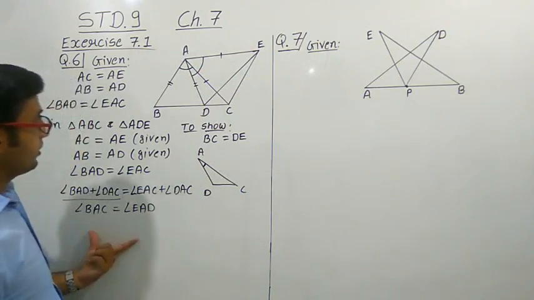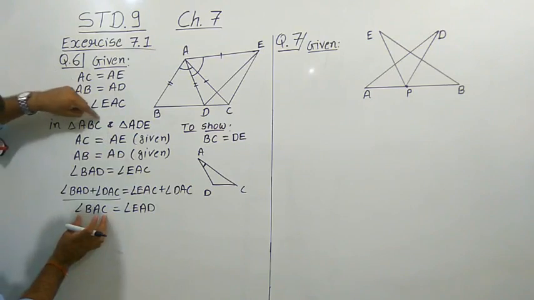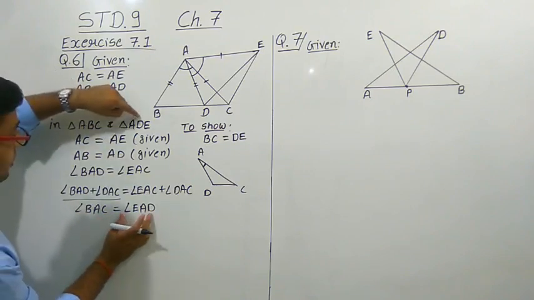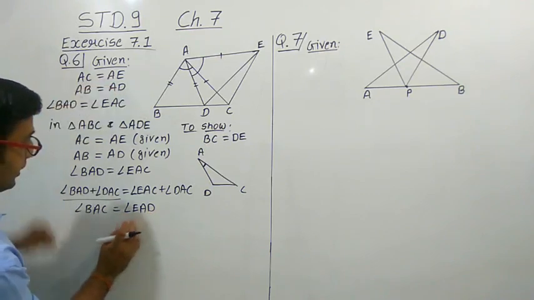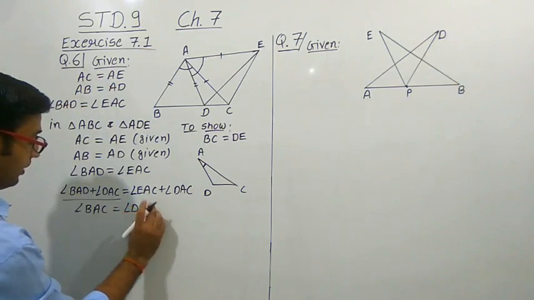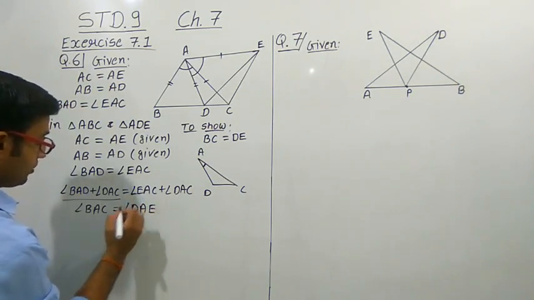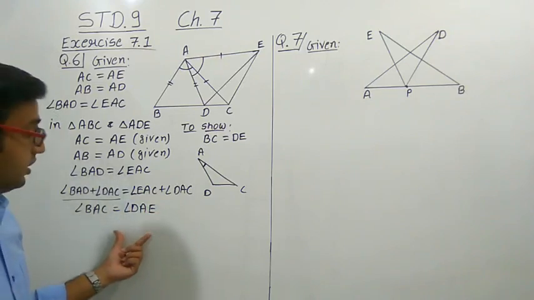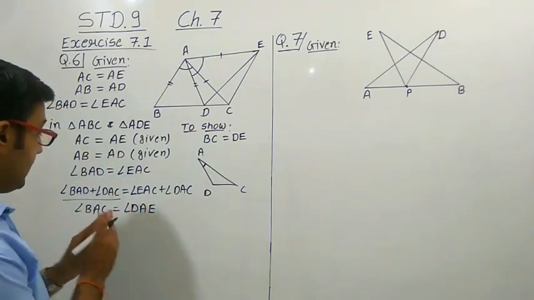And this is the third condition of our triangle. So we have written down DAE. Right? So this is how we get the third condition, the third angle, by adding the equal